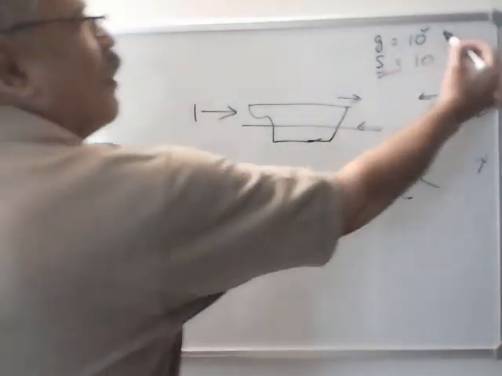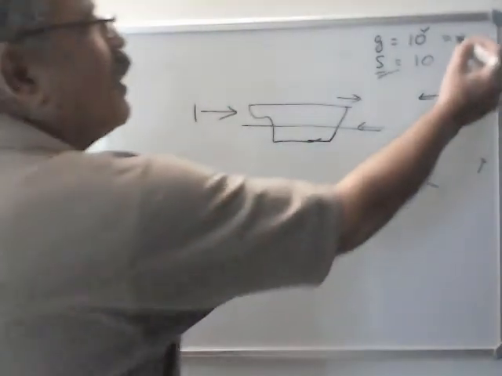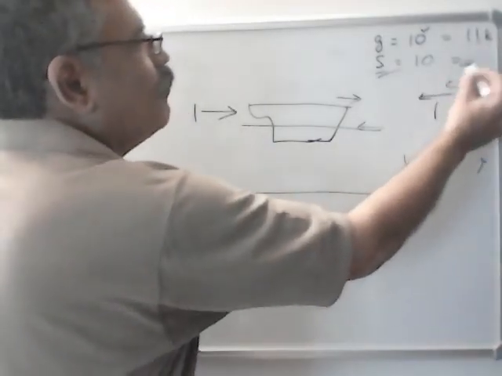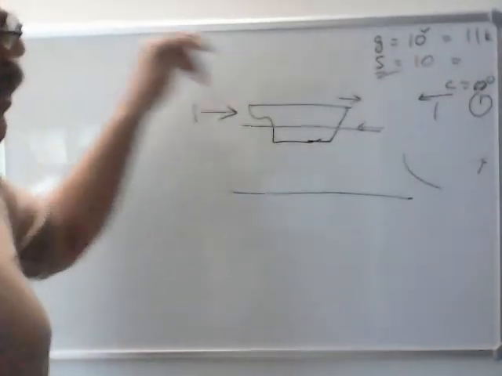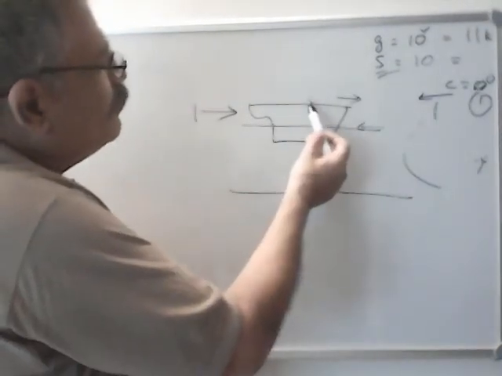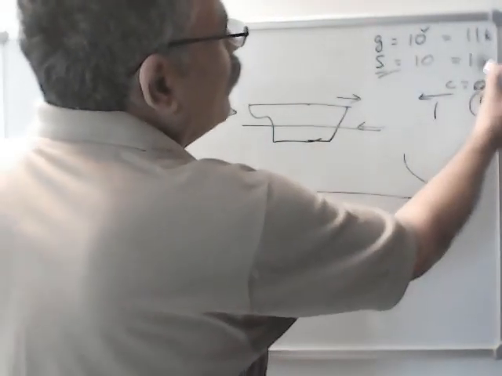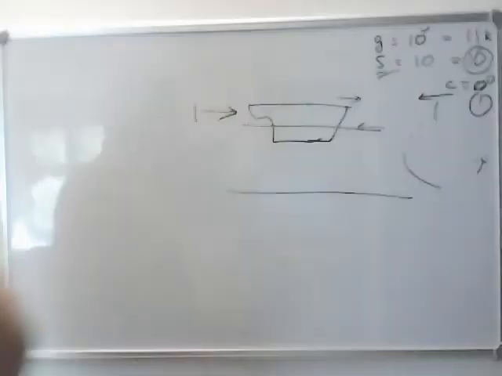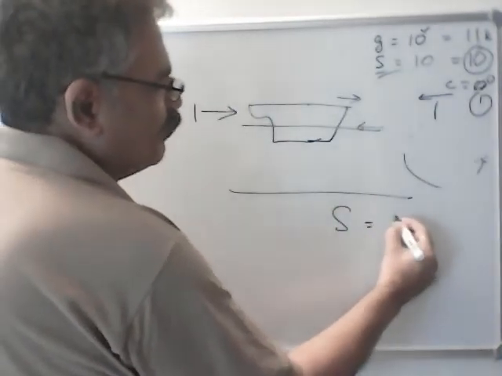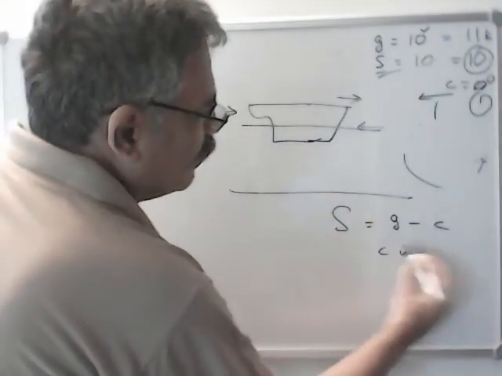So what will the GPS show now? Initially it was 10 when current was 0. Now we have a pushing current. So it will show 11 knots. And what will the speed log show? Water is also going like this. Ship is also going. So the ship is going faster than the water. So what is the speed of the ship with respect to the water? It will be 11 minus 1. So that means your speed log speed is GPS speed minus current, 11 minus 1, if the current is favorable.